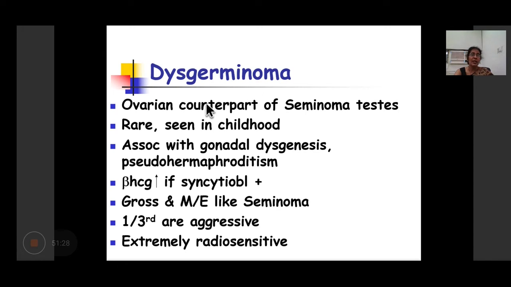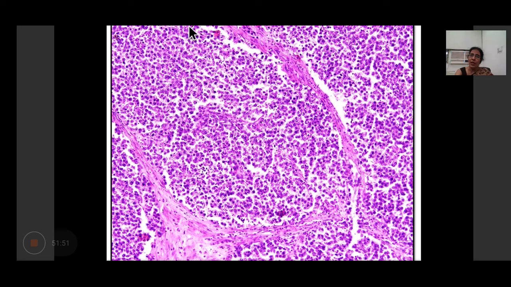It is a malignant tumor, though the suffix is oma. Even though the suffix is oma, it is not a sarcoma or a carcinoma. But remember, it is a malignant germ cell tumor occurring in childhood. So it usually presents in young girls between the ages of 10 to 12 years and shows this morphology. As I told you, it is formed of a uniform population of polygonal cells with a clear cytoplasm.